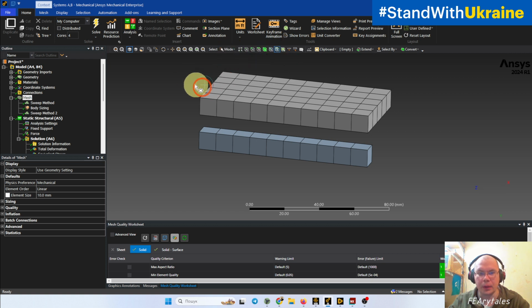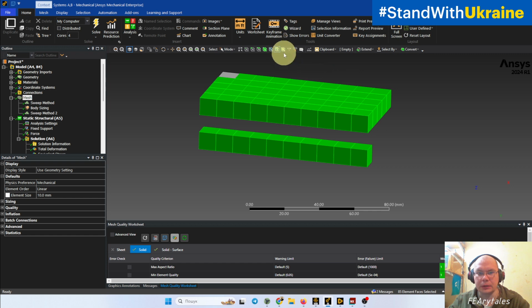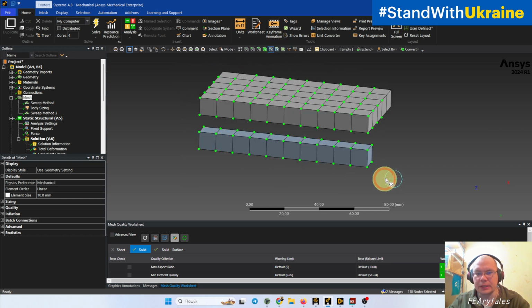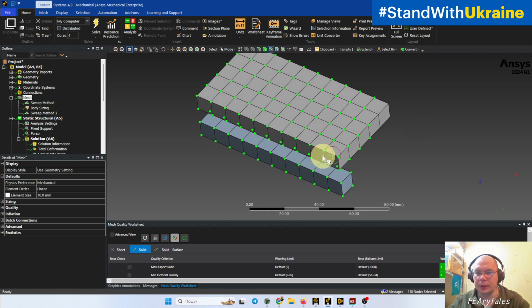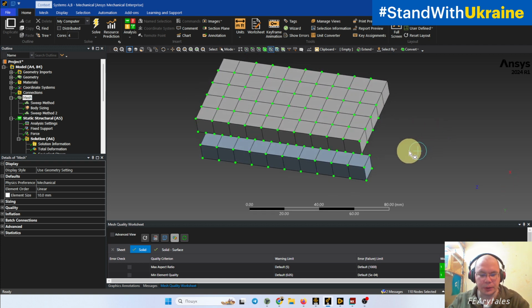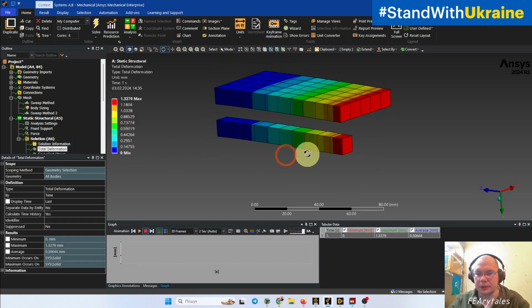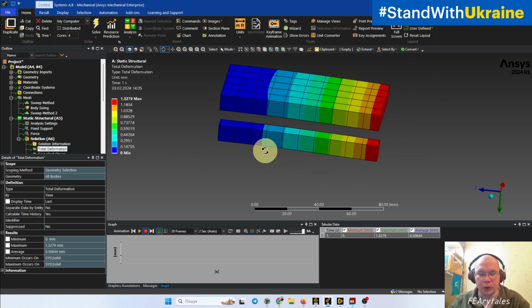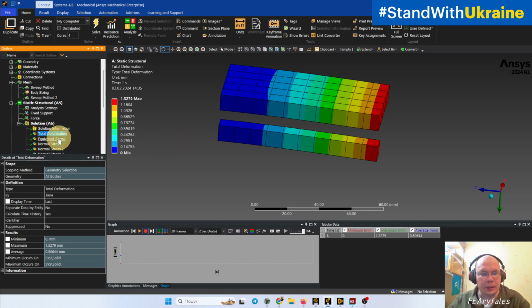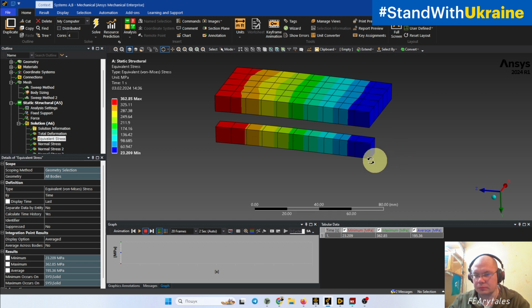If we check our mesh, we can see that it's an 8 node hexa element. So we have a result of deformation and it's as expected. As you see, it's very normal. Also we can see equivalent stress and it's also normal. Yep, the mid plane with zero stress is not present here, but we talked in a previous video that it's